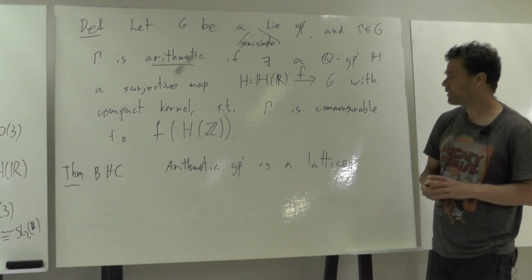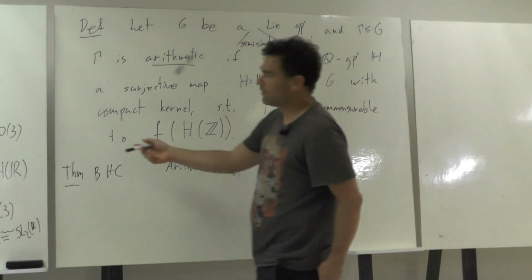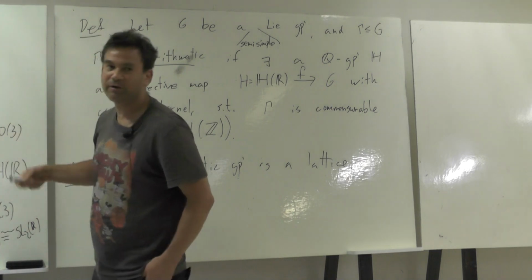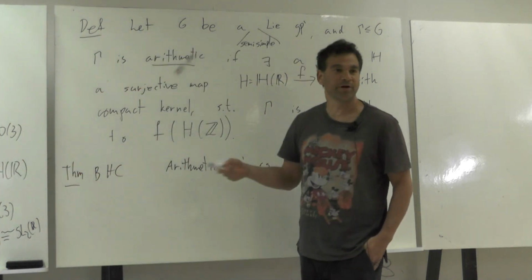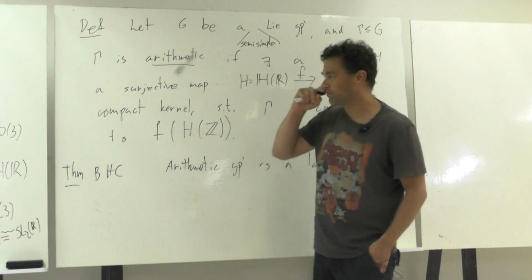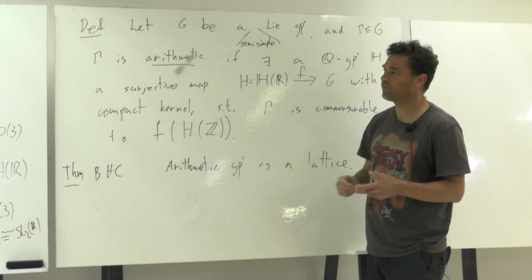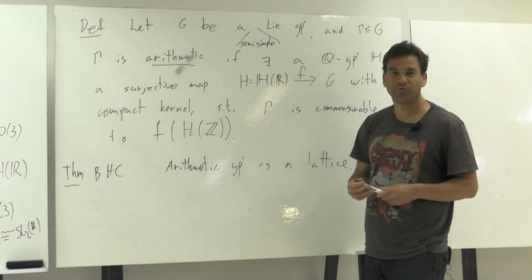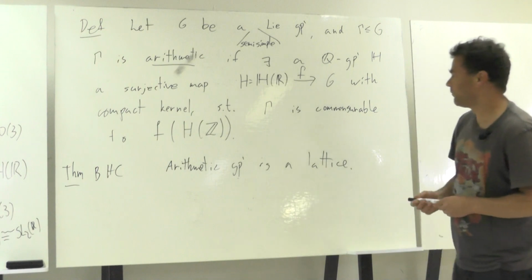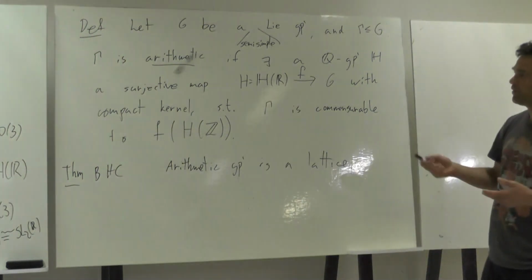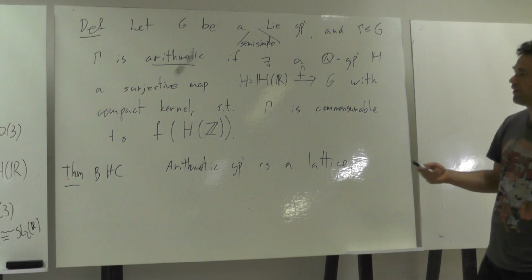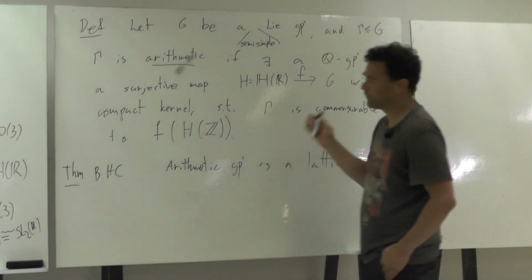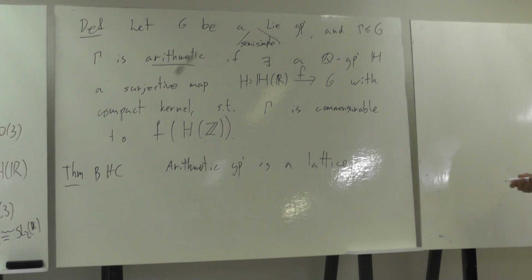But in SL2, we know that there are only countably many arithmetic lattices, but continuously many non-arithmetic lattices. In SO(n,1), most lattices are also non-arithmetic, as Vikram will show in his talk. But in high rank groups, so in SO(p,q), where both p and q are at least 2, or in SL(n), where n is at least 3, all lattices are arithmetic. This is what I aim to show. But this is a consequence of rigidity.